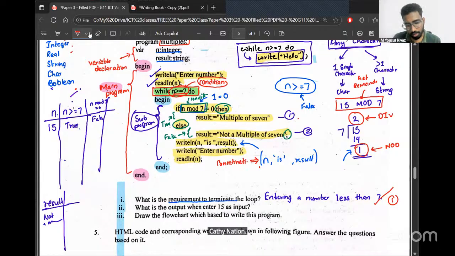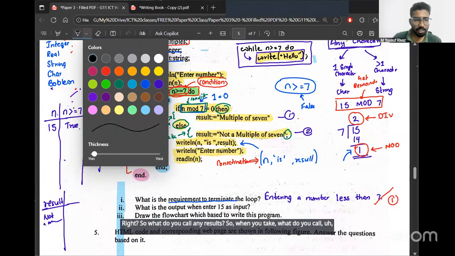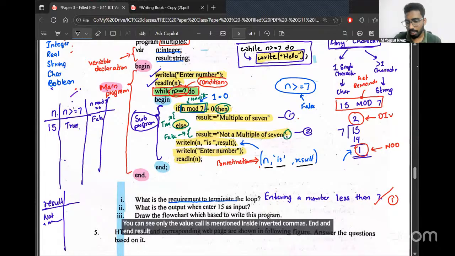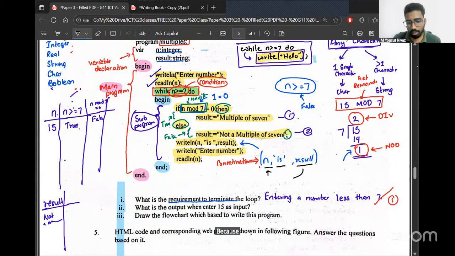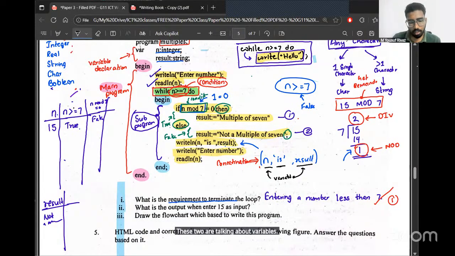Again, this word is not in your syllabus, but better remember it. We are asking to join these three values together. Only is is inside inverted commas. n and result are not, because these two are variables, not plain text, and is is plain text.